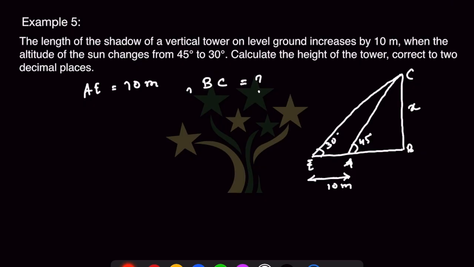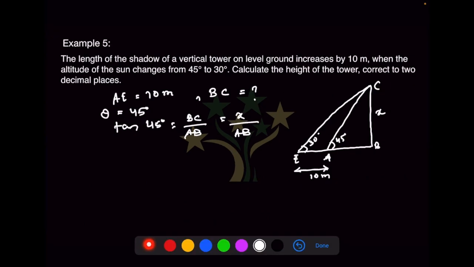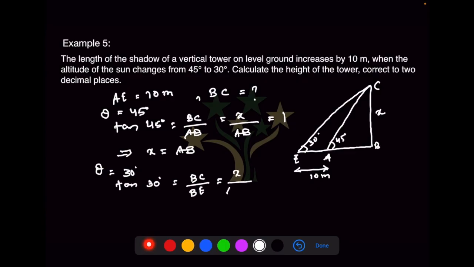For theta is equal to 45 degrees, let's find tan 45. Tan 45 is BC by AB, which is x by AB. Tan 45 is 1. So x is equal to AB, or AB is equal to x. Let's find tan with respect to 30 degrees. So we have tan 30 degrees is equal to BC by BE. BC is x. What is BE? BE is AB